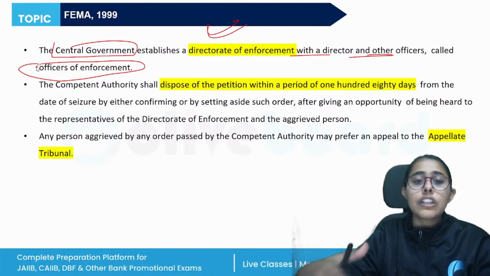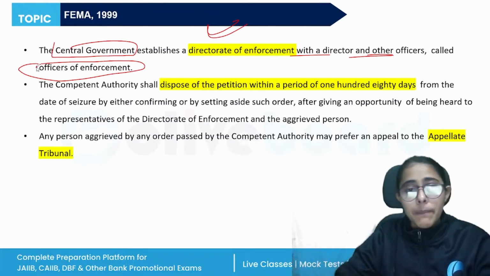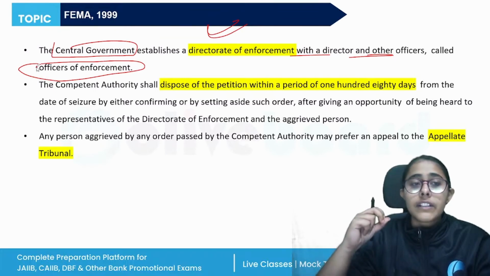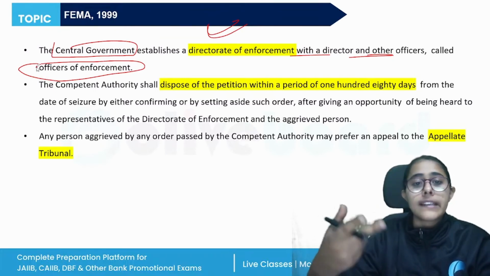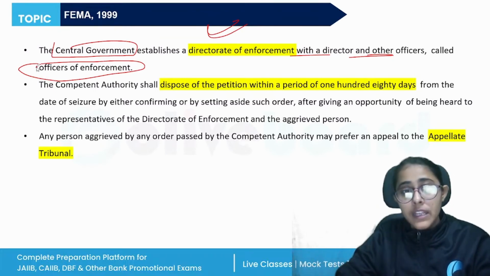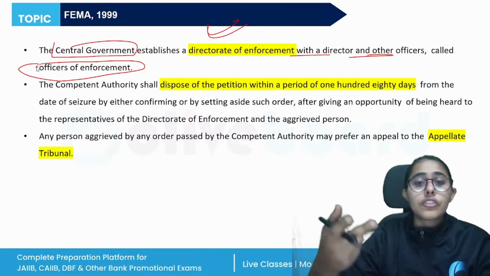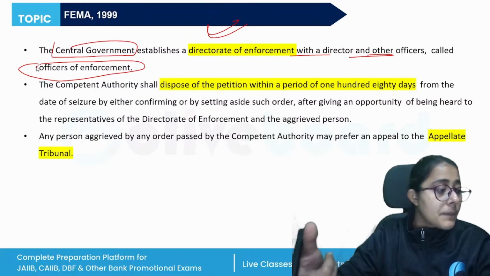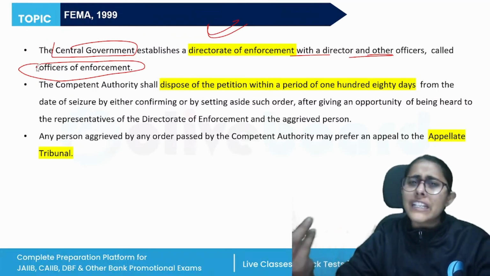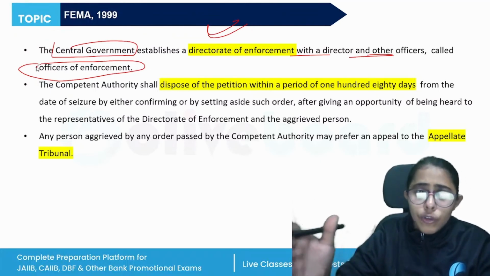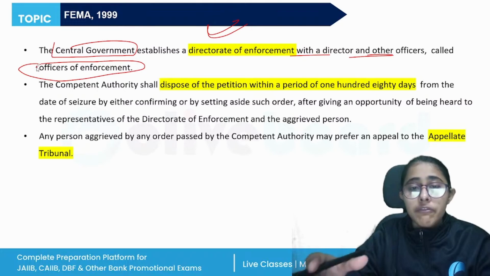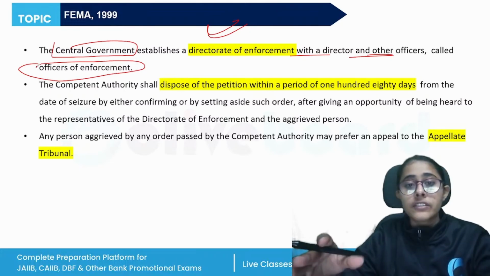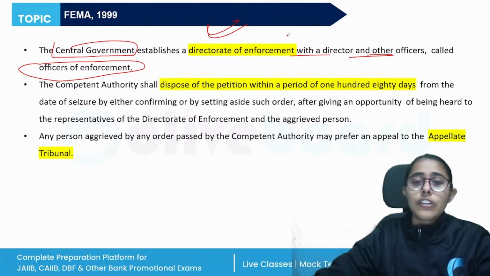They can investigate the contraventions of the FEMA Act, and they will see to the enforcement of the rules and regulations which are framed, including the notifications, directions or orders issued by RBI. If, let's say, RBI has issued an order of inspection or any change in the provisions, the Directorate of Enforcement will make sure that the provisions are adhered to, and this Directorate of Enforcement is appointed under section 36,